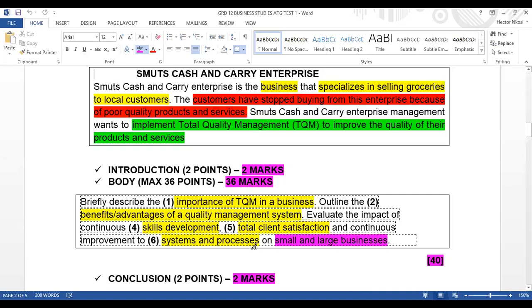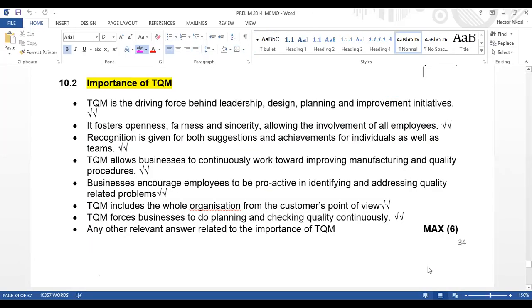However, you can see here that you were not told about the introduction and the conclusion. These two are given. It's a standard procedure. You must know this from language. I know all of you are doing English as a language, but whether you're doing Afrikaans, Zulu, Sotho, whatever language, every essay has an intro, body and conclusion. That's how you have to structure your essay, boys and girls. Now, let's look at the importance of TQM, the first subheading under our body.